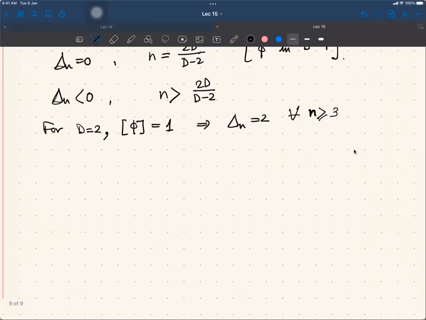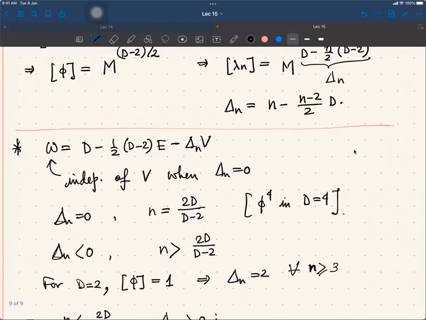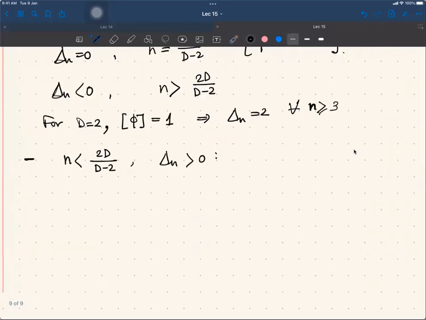Now there are certain scenarios. There are 3 scenarios here. One is that n less than 2d by (d minus 2) in general, for general dimension. Then delta_n greater than 0, which means that more vertices means more superficial convergence, because delta_n is positive, and in the superficial degree of divergence it comes with a minus sign. So more vertices implies more